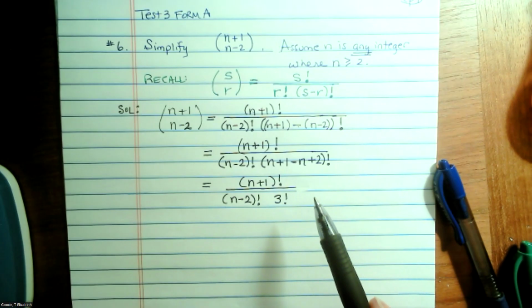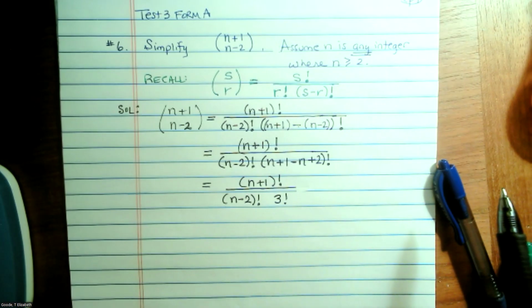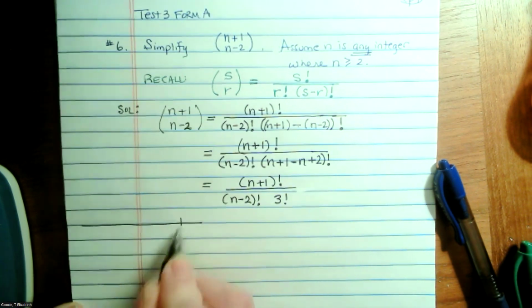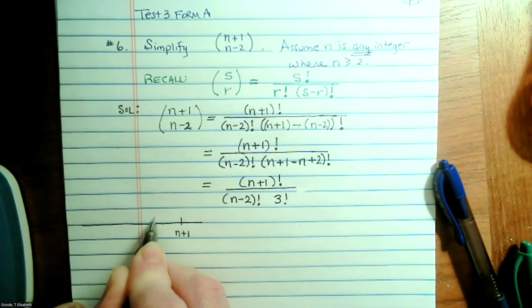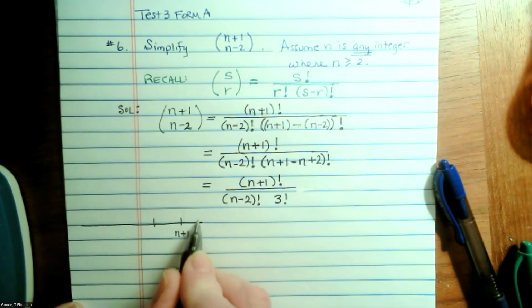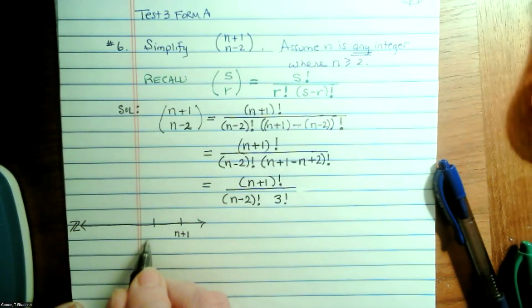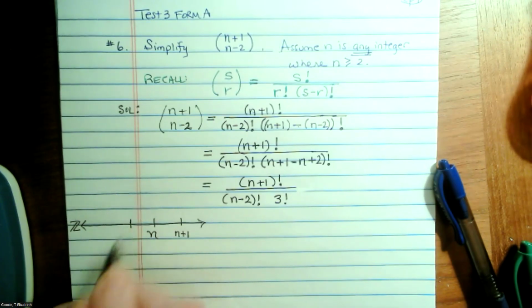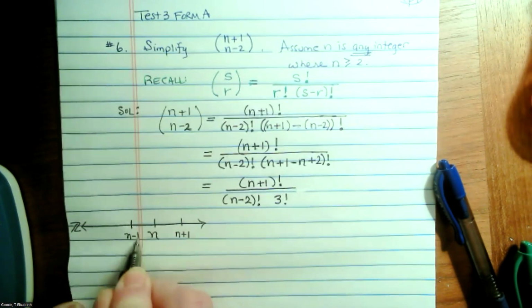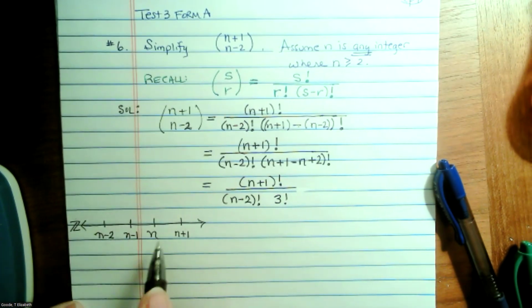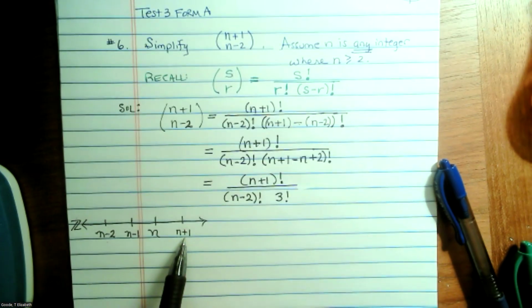Now we want to simplify it. It's helpful to look at a number line. Here's n plus 1. The integer right before n plus 1 is n. And what's right before that? N minus 1. And what's right before that? N minus 2. So n plus 1 is bigger than n minus 2. Do you agree? Yes. So we're going to expand it